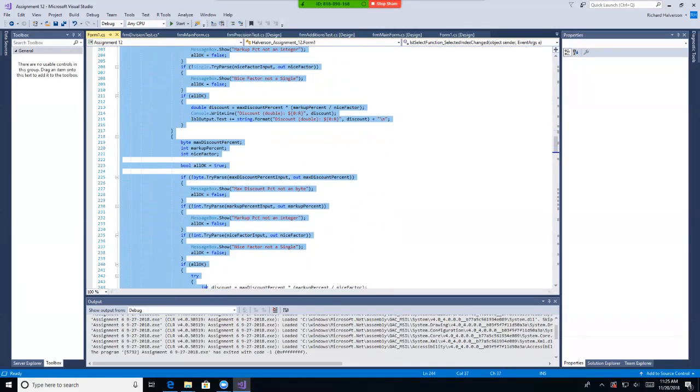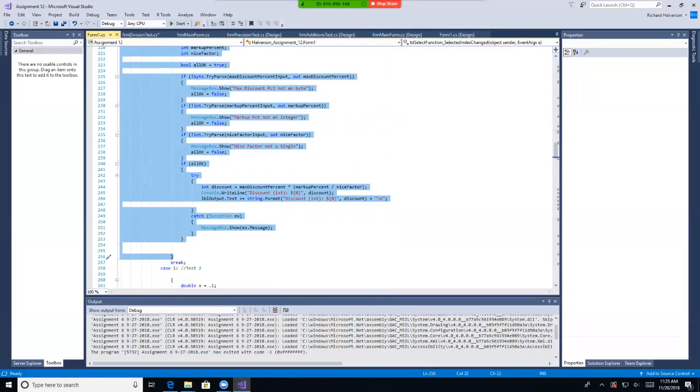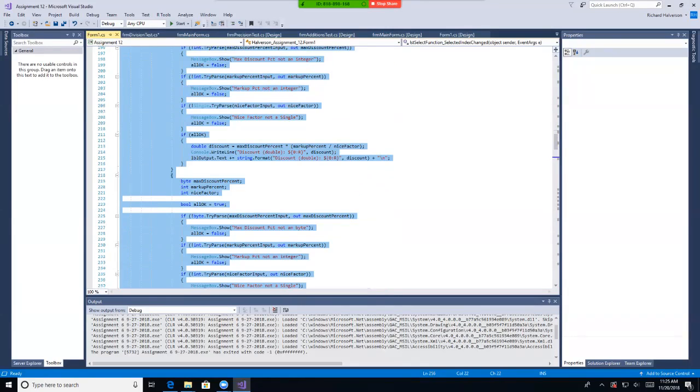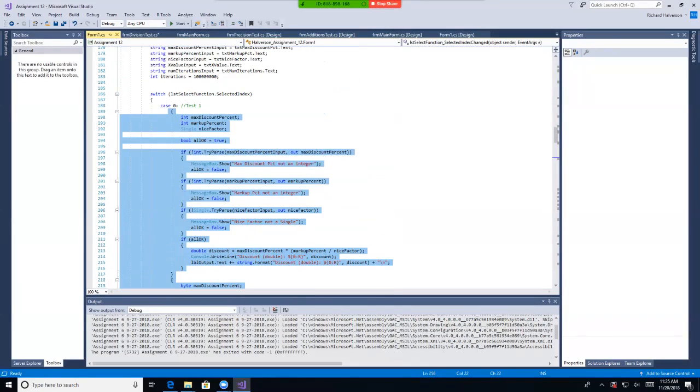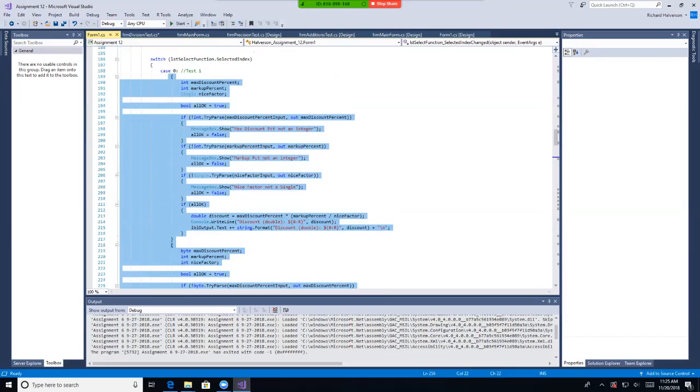You remember I used the curly braces to make two different namespaces for these two different scopings, so I could use the same variable name. Here I use max discount percent, and here I use max discount percent. The reason I'm able to do this is because I enclose each of these sections in curly braces. So anyway, I'm going to copy this, Control C,